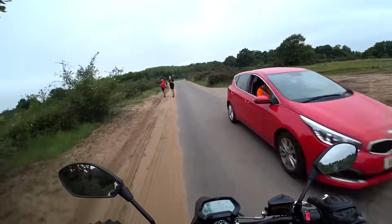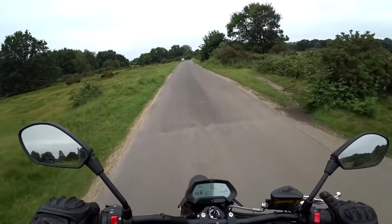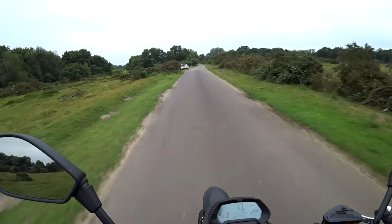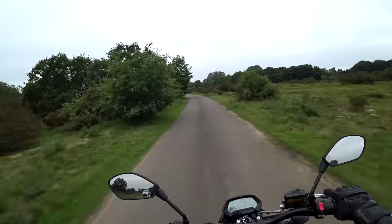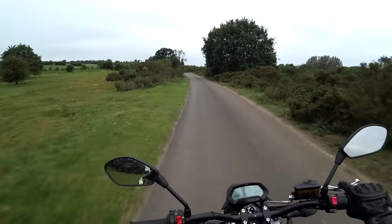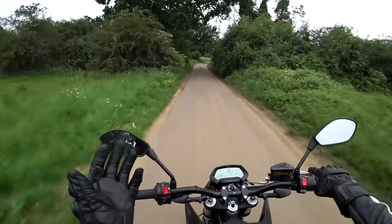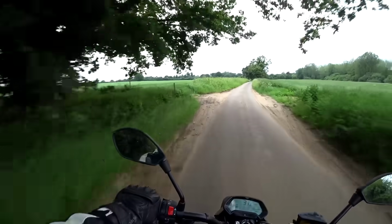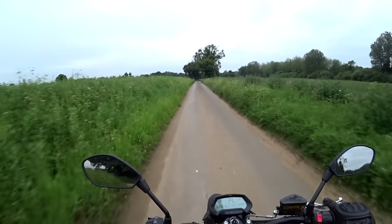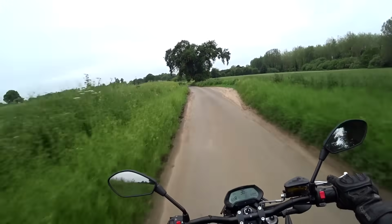And that strange noise that you can hear there, I'm relatively sure was the regenerative braking, which is a setting that means that when the bike is being slowed down, it actually feeds electricity back into the batteries. So instead of just wasting that stopping force, you're throwing a bit of power back in, getting yourself an extra few meters of range. And that is a setting that you can change. So if you're the kind of rider who likes engine braking, you like that feeling of the bike stopping on its own, you can increase the level of